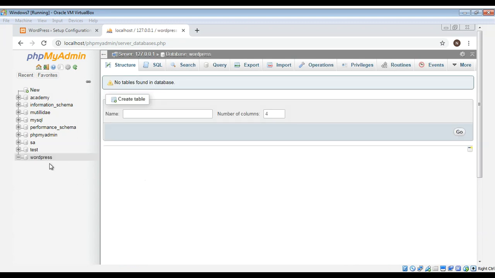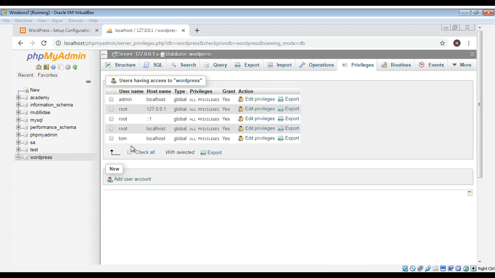Database is created for us. You can see on the left side it says WordPress, and now I need to create a user for this database. To create a user, you can click over here on privileges, or you see user accounts. You can click, and over here you can see already created users. So I'm just gonna delete this one, create a new one. To create a new one, there is an add new user account link. Click this link,